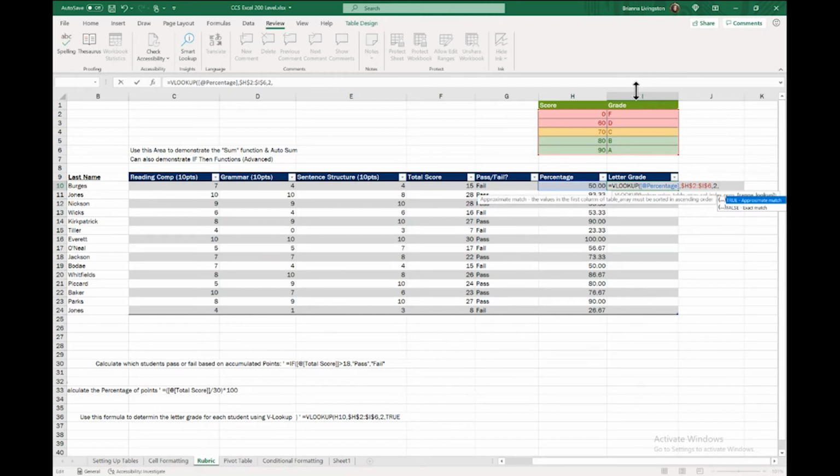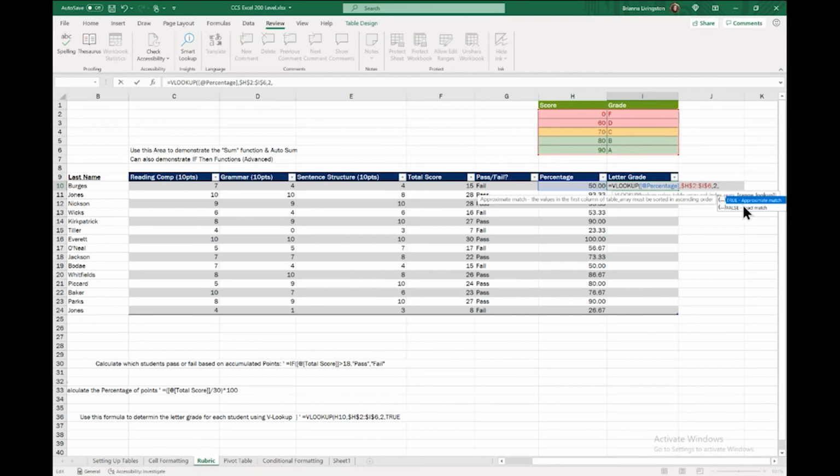Then another comma. Now it's asking for a true or false match. Approximate match is true because as long as 50% falls within 90 and 0, the answer is true.